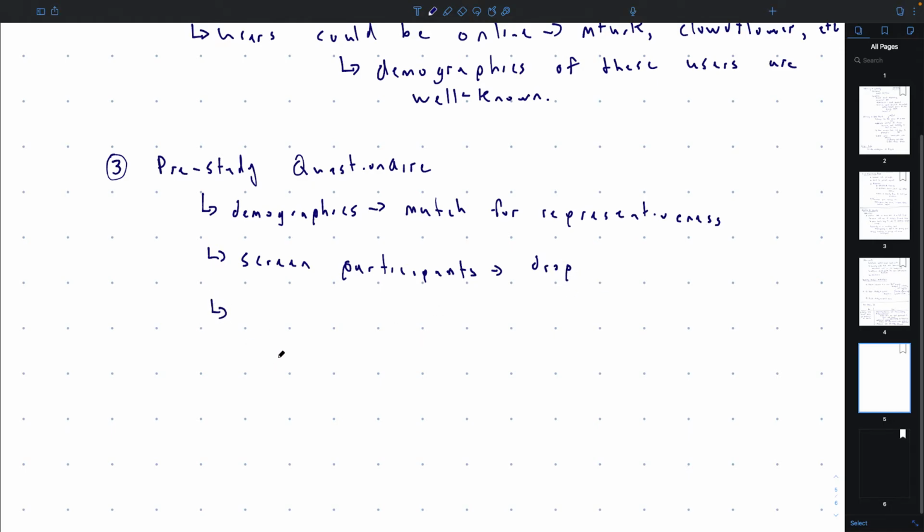If there's some traits or something that you notice that you don't like, you can do it. Now let's say that you do this, so that's great, but you still can't get representativeness, right? You don't have enough person of type X in your study, right?